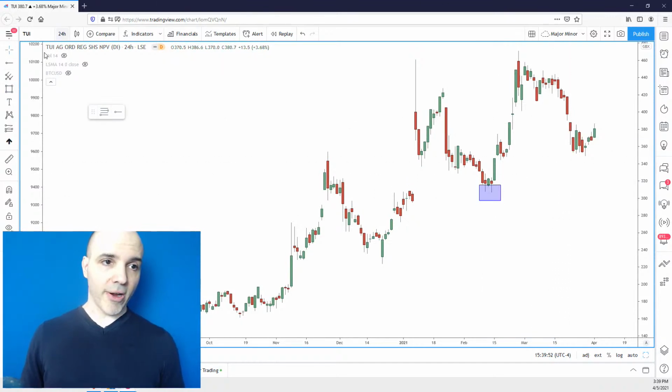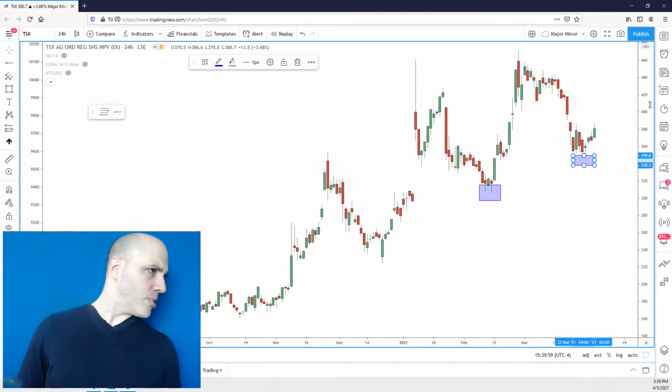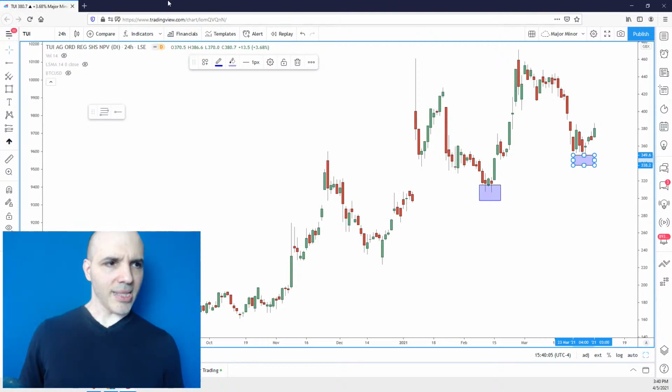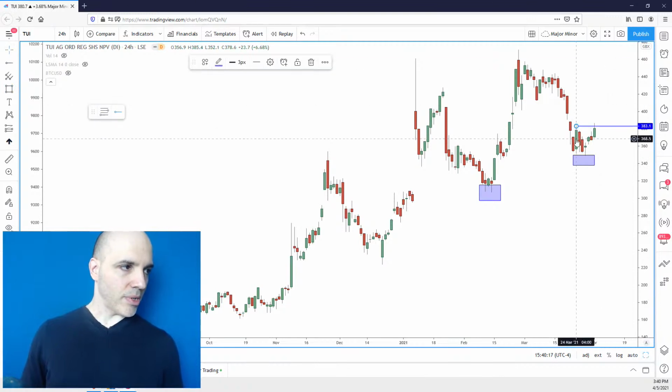Nice higher low there. You have a nice higher low over here, which is what price is this? 352. Is this in dollars? No, is that GBX? So I guess, is that in pounds? Okay, I think that's in pounds. Anyway, you have this higher low at 349, this area here. That's a good sign. It's trying to push now, right? Trying to break this previous little minor peak at 385.